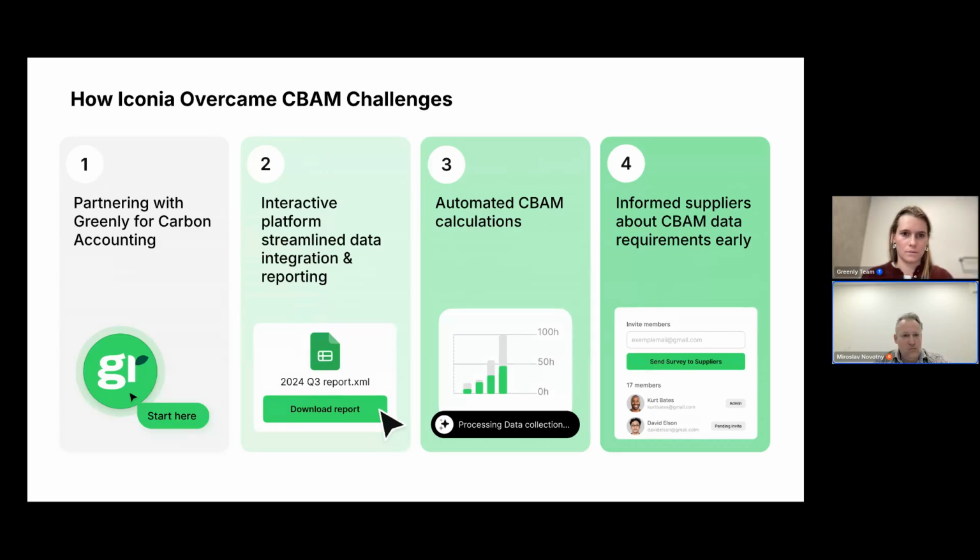So it really matters how you prepare, how your data are. If you don't have the data, you need to go to the suppliers or make assumptions. But the most important, really, is that you have the tools and you have the information from the beginning. Otherwise, you will lose a lot of time, a lot of resources at the end.